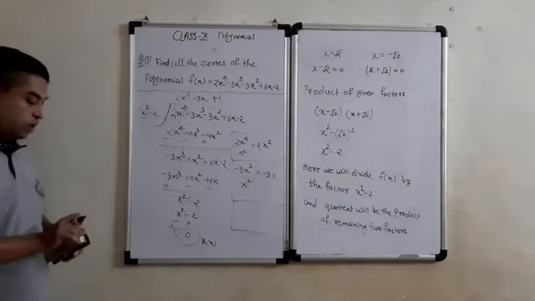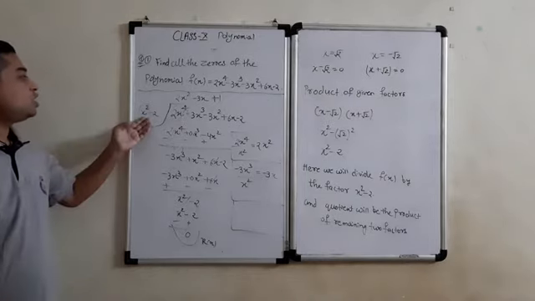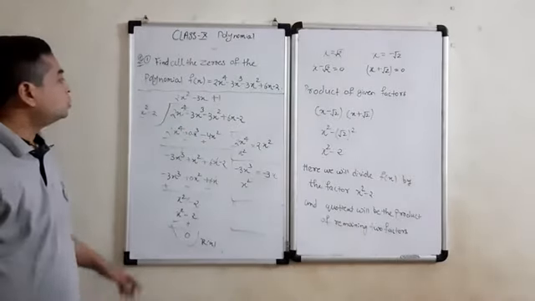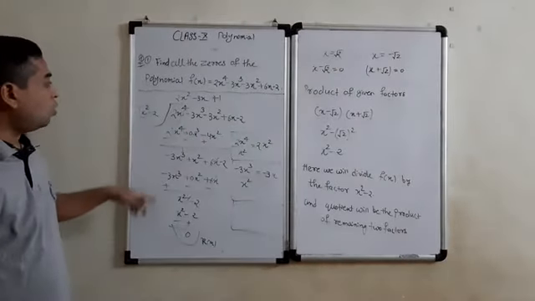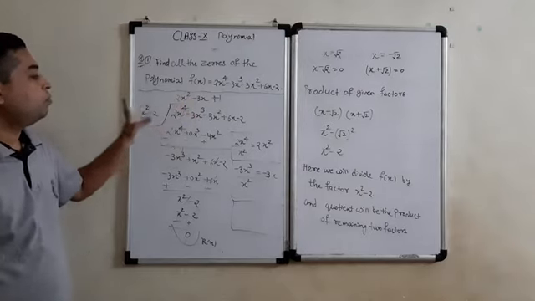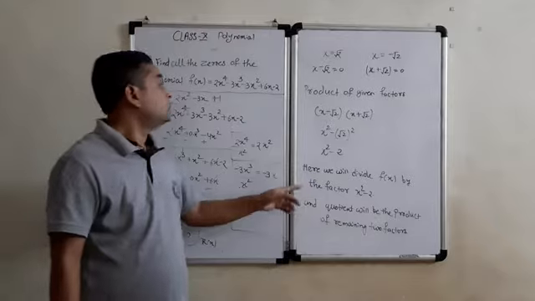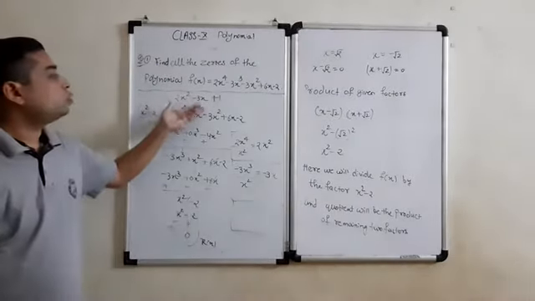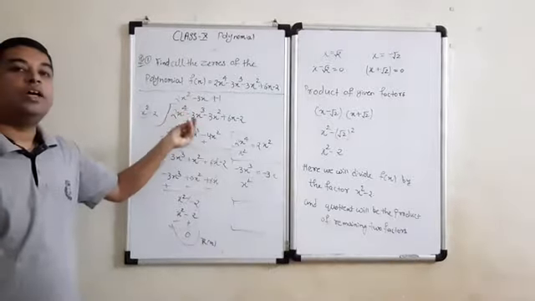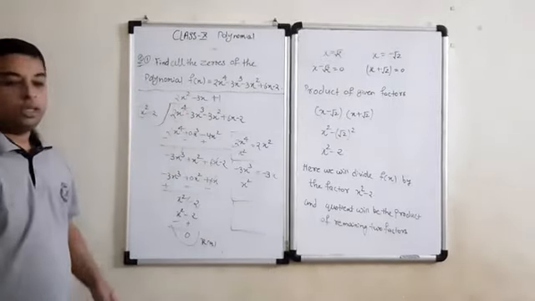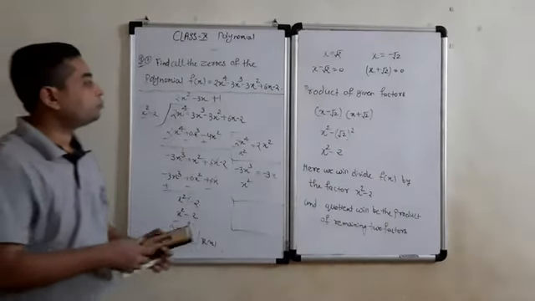The meaning of remainder 0 is that, because it is a factor of the given polynomial, obviously we will get the remainder 0. Now what we have to do with this quotient, the quotient that we obtained after division? This quotient is the product of the remaining two factors. So with this quotient we will try to get the remaining two factors. For that we have to split this quotient. Now we will split this quotient. Let us see.